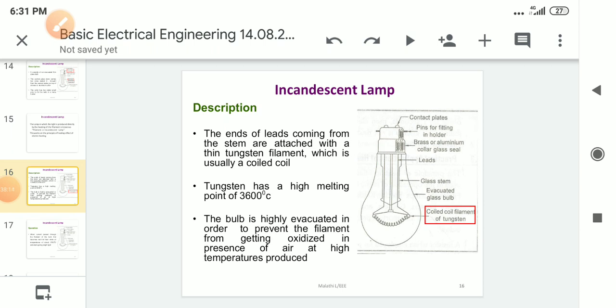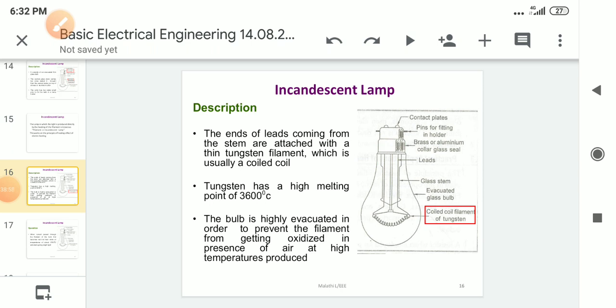When an electric current is passed through the filament, the temperature of the filament rises and heat energy is generated. Then what will happen? The inert gas conducts the heat generated by the filament to the glass bulb, from where the heat is radiated into the atmosphere. As the temperature of the filament increases due to heating, it radiates heat as well as light energy.